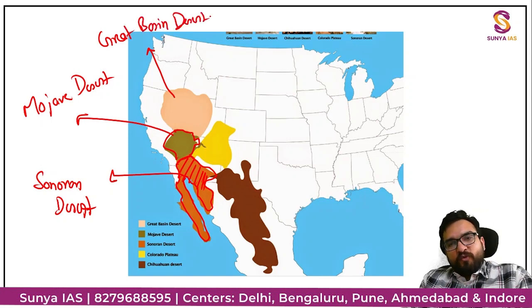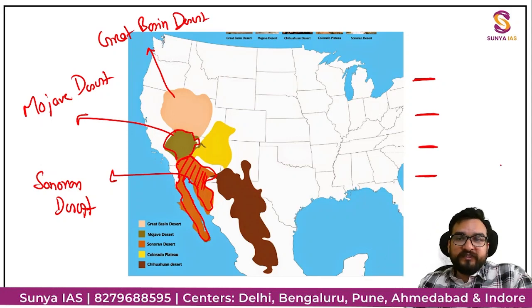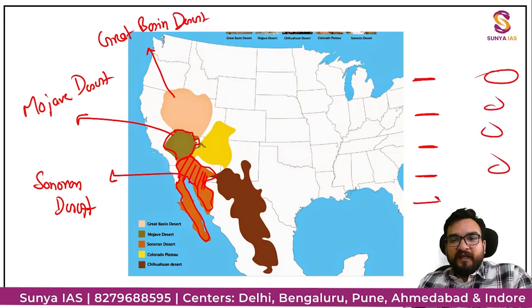डेजर्ट के क्वेश्चन कभी भी आपको नॉर्थ अमेरिका से ऐसे नहीं आने वाली. एक डेजर्ट यहाँ से होगा, एक डेजर्ट ऑस्ट्रेलिया का होगा, एक डेजर्ट साउथ अमेरिका का, एक डेजर्ट यूरोप का. उसमें से कंट्रीज आपको मैच करने के लिए बोली जाएंगी. एंड अगेन क्वेश्चंस आंसर ऑप्शंस विल बी लाइक ओनली 1 पेयर करेक्ट, ओनली 2 पेयर करेक्ट. समझ रहे हो, तो ऐसे क्वेश्चन आने वाला है गाइस. उसके लिए आप रेडी रहो, दिमाग में हमेशा क्वेश्चन फॉर्म में चलना चाहिए.